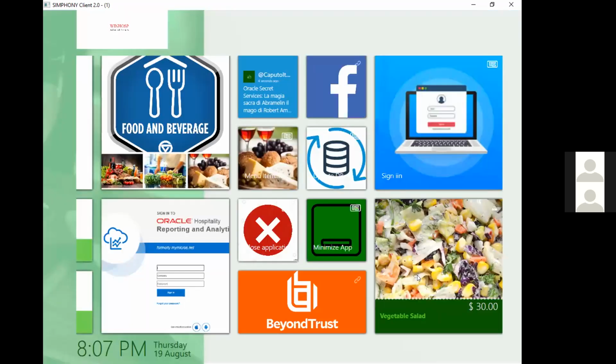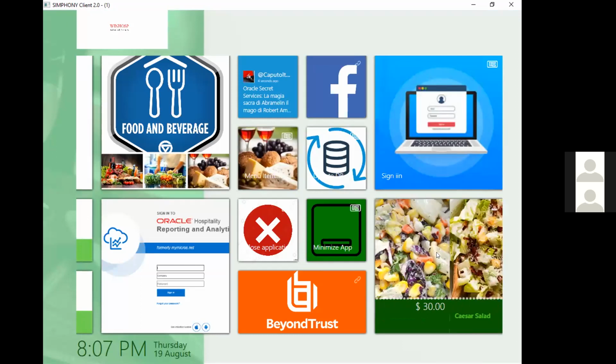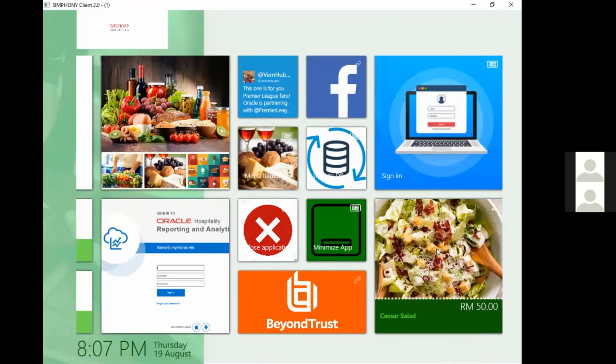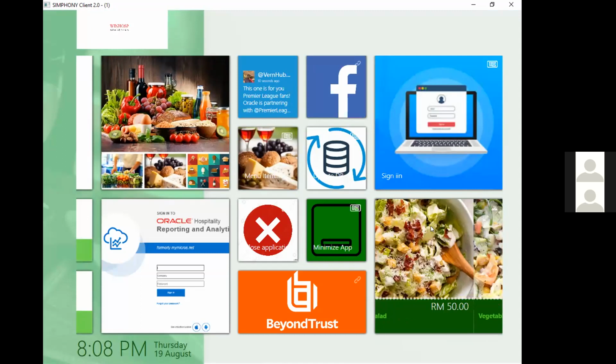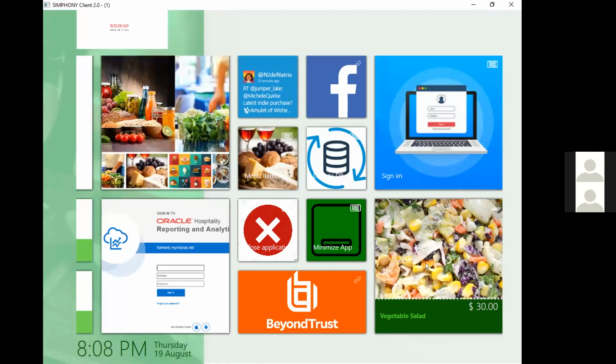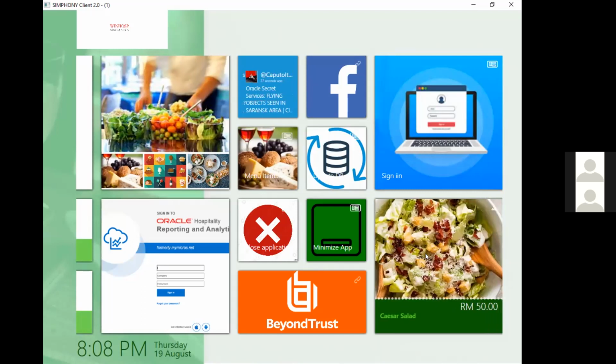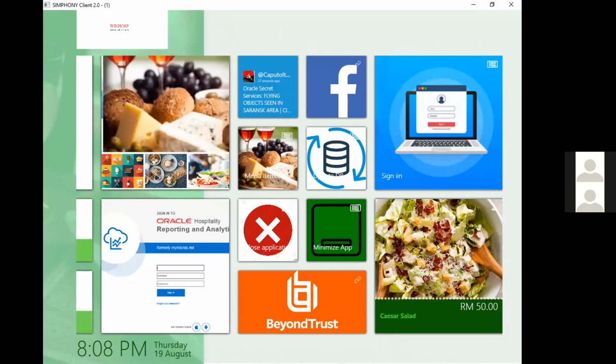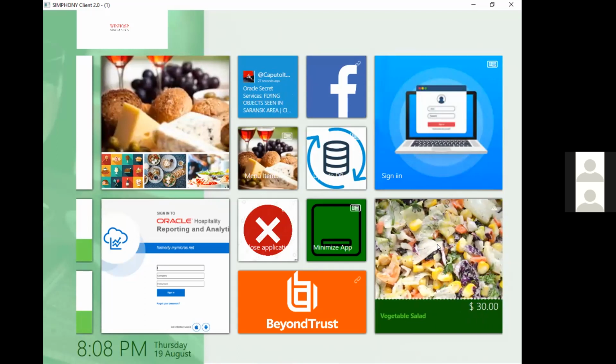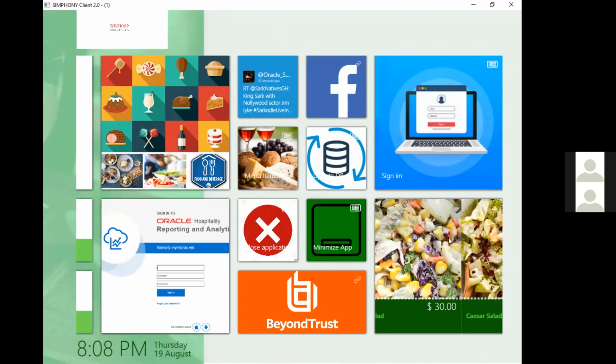I just clicked on cancel. I'm back on the welcome screen. Now, just below this sign in button, we have the items description tab. So basically what the item description tab does is we configure in the backend the item names, item description, and item price, so that we can see here.